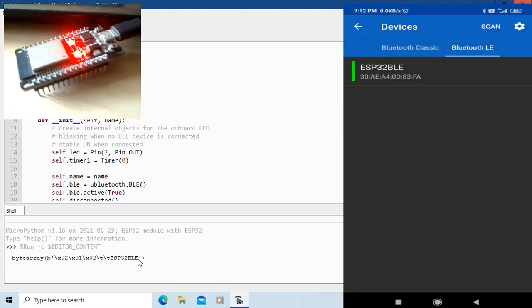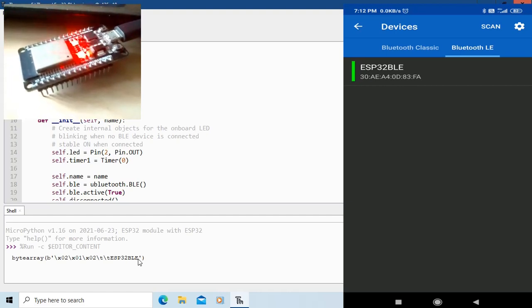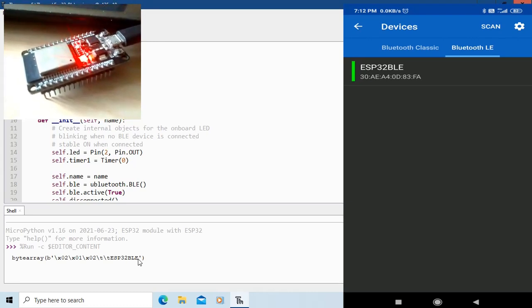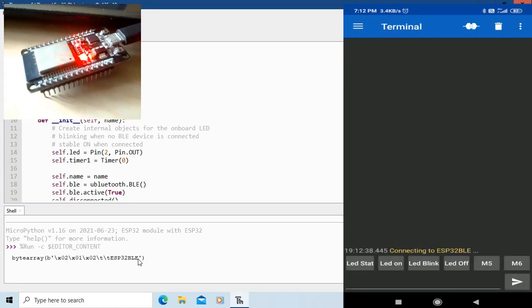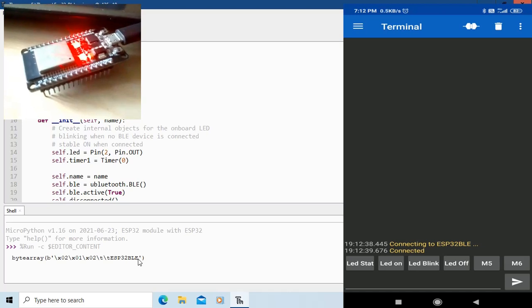You can see the ESP32 BLE device is discovered by the terminal. Now just press on the name ESP32 BLE and you can see the terminal is connected to the ESP32 board over BLE.